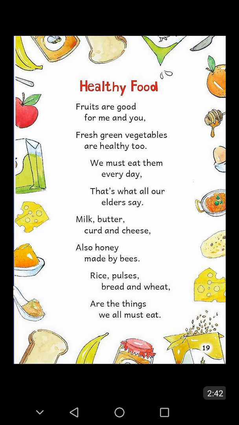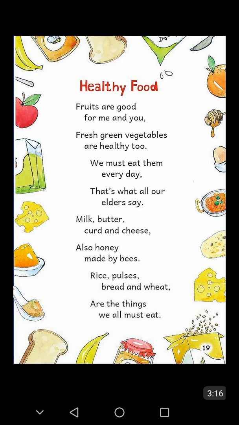That's why all our elders say. We must eat them every day. That's why all our elders say. Milk, butter, curd and cheese. Milk, butter, curd and cheese. Also honey made by bees. Rice, pulses, bread and wheat are the things we all must eat. Rice, pulses, bread and wheat are the things we all must eat.